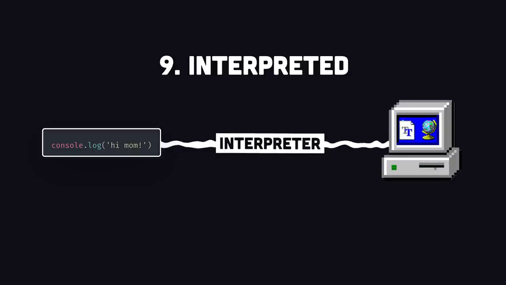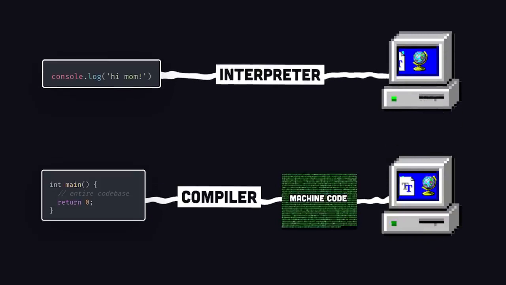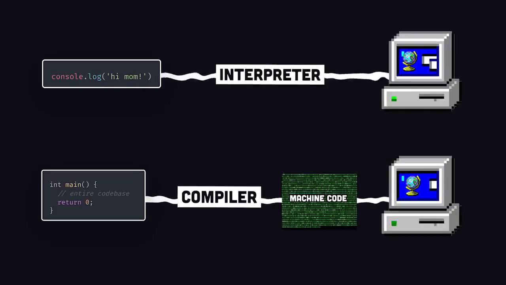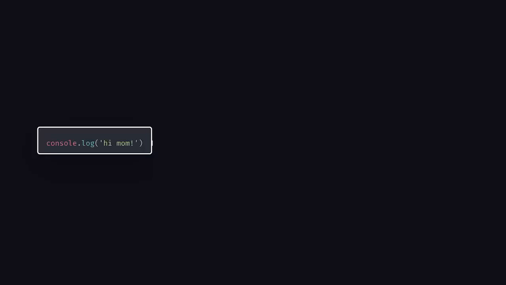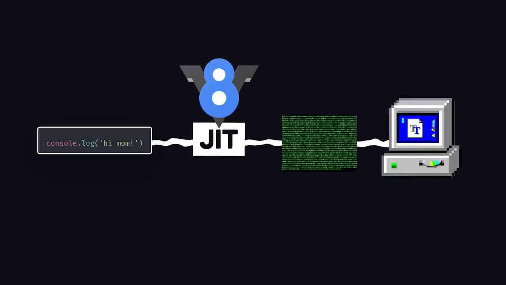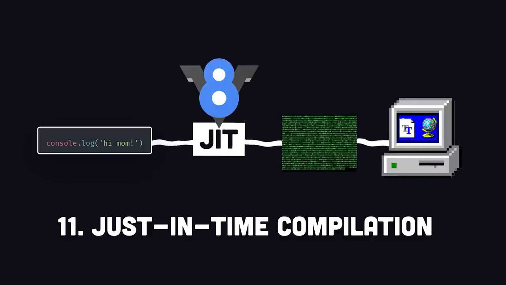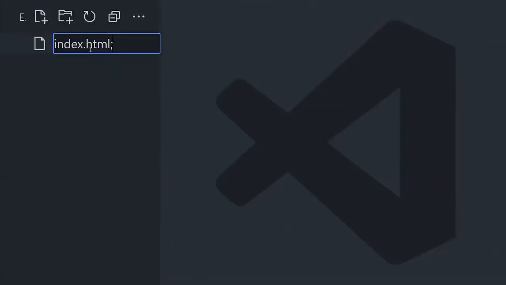It's interpreted line by line, as opposed to other languages like C that are compiled ahead of time. However, interpreted is not the most accurate term to use here. Under the hood of the browser, there's an engine called V8. It makes JavaScript run extremely fast by taking your code and converting it to machine code with a process called just-in-time compilation. But none of this stuff really matters. Let's jump into some code.